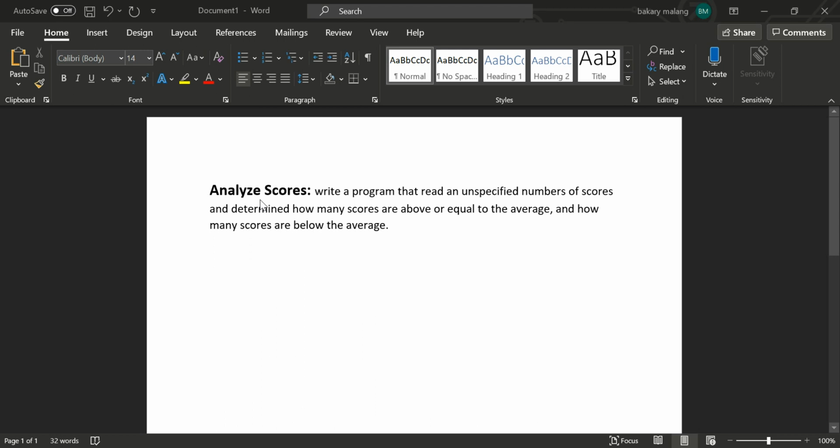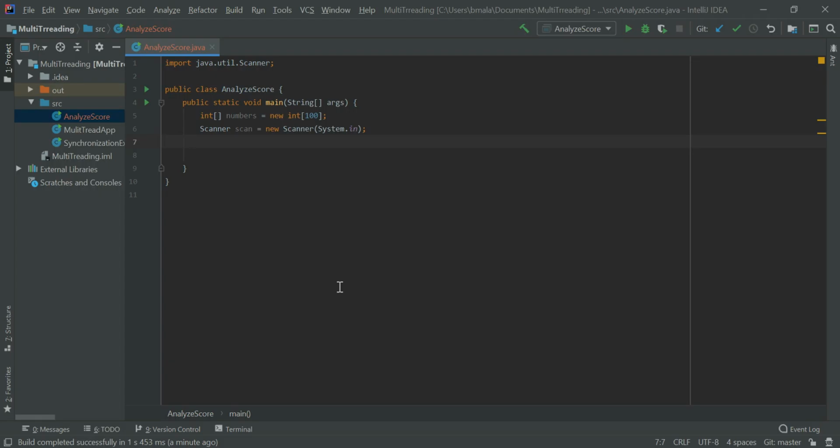Hello guys, my name is Bakar Mala, and in this video we are going to write a program that will read an unspecified number of scores and determine how many scores are above or equal to average and how many scores are below average. Okay, here I have created an array that will hold 100 scores, and